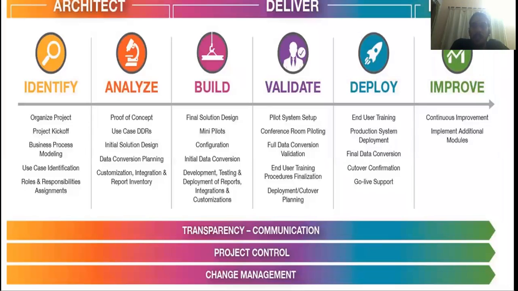So to begin with, when you talk of any business process, I'm just talking about any random business process. The first thing that always comes up is to identify the requirement that you have towards the project. You would want to organize a project. It's identifying the root cause. What is it that you want to do? You want to sell books, you want to sell clothes, you want to become a teacher, you want to start an institute. So yeah, that is identification.